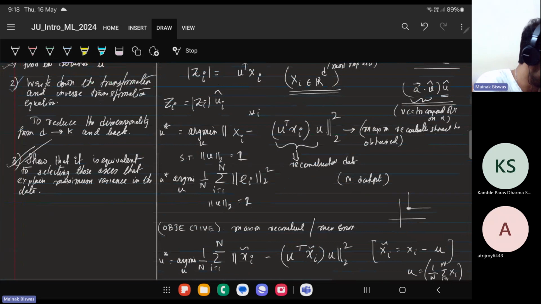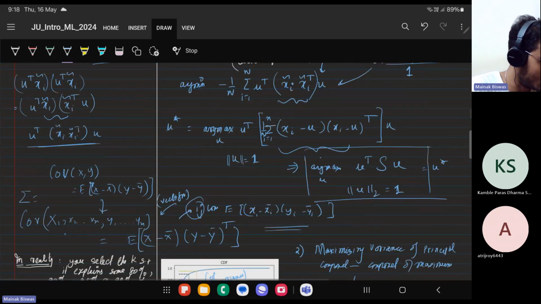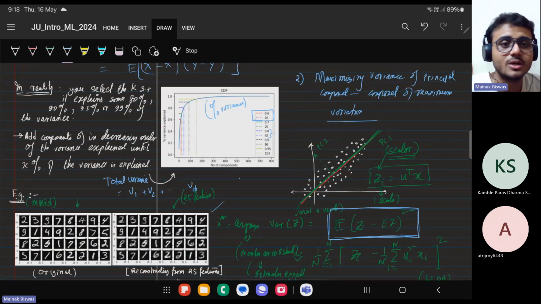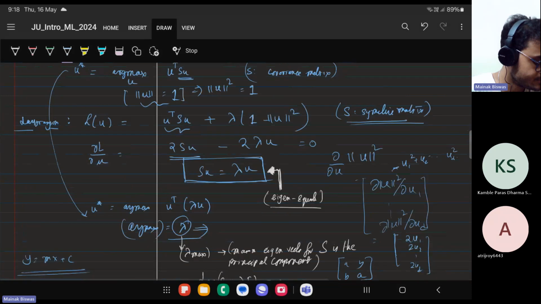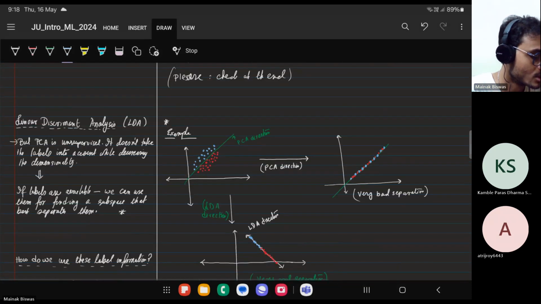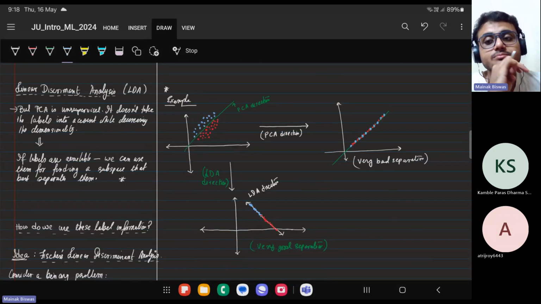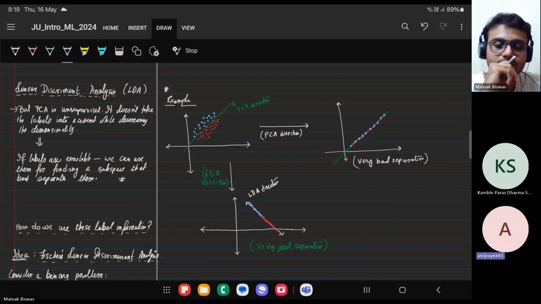So I have done the reconstruction also, the transformation. In reality, you do 80%, 90%, or 95% of the variance, depending on the application. That is also done. Good. So with that, we end PCA. Now we are coming to what if